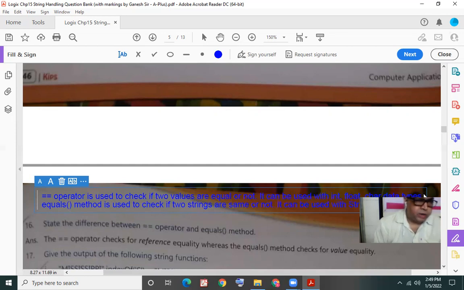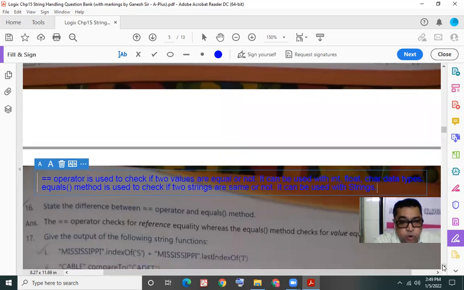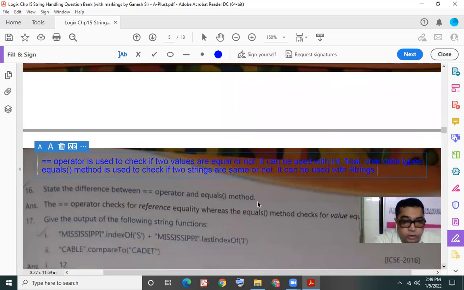At that particular time, I avoided going into the technicality with respect to the equals method and the double equal to operator. As I said, I will rethink whether we really want to go into that technical stuff. We would like to keep it simple if it is not really important to go into that discussion.